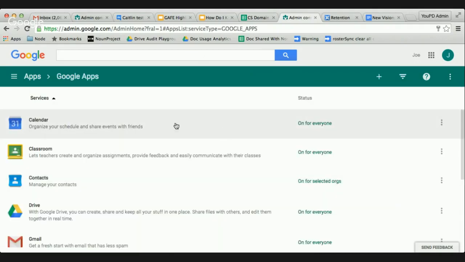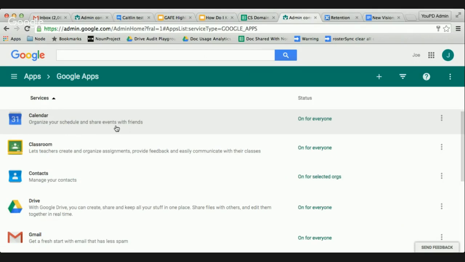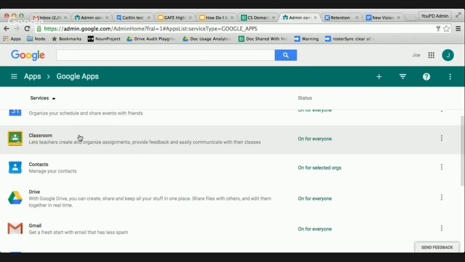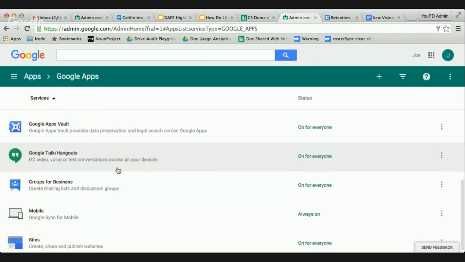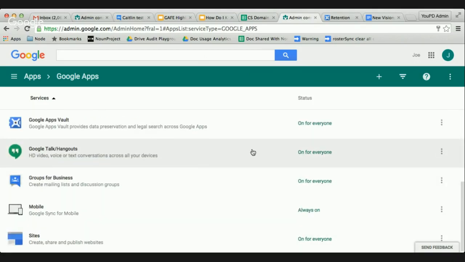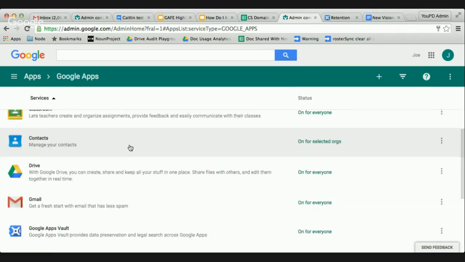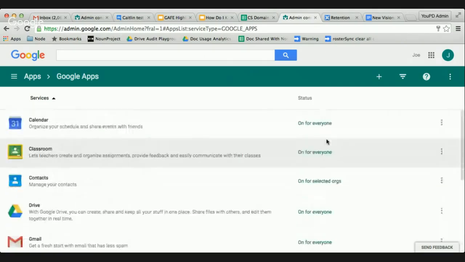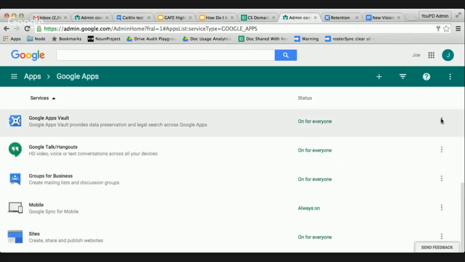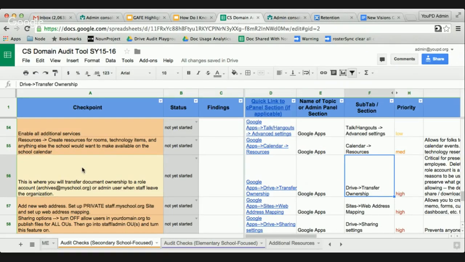So if we look at Google Apps, this is where a lot of these settings that need to be configured at an OU level are going to be housed. So we have calendar, classroom, contacts, Drive, Gmail, sites, and they're all in here in alphabetical order. And you can see at a quick glance what the Google Apps are and the status. We have on for everyone, on for select orgs, on for everyone, always on, etc. And if you ever want to change those really quickly, you click on these three dots, and that's how you get that done. If we go back to our domain audit tool,